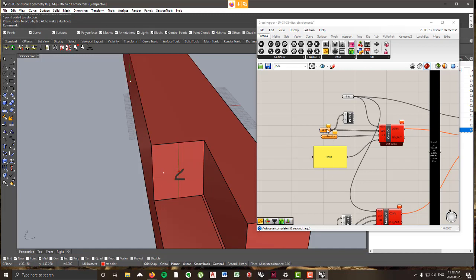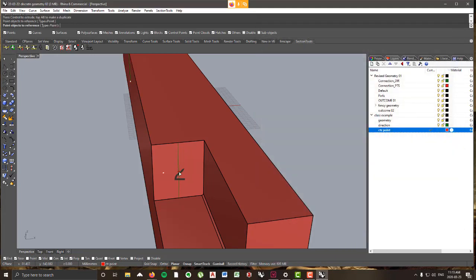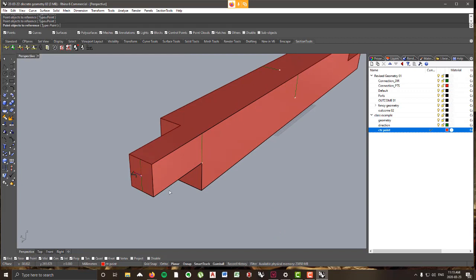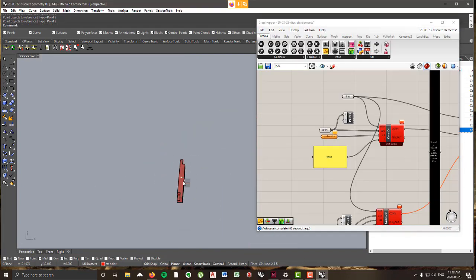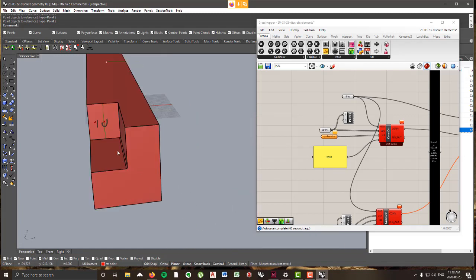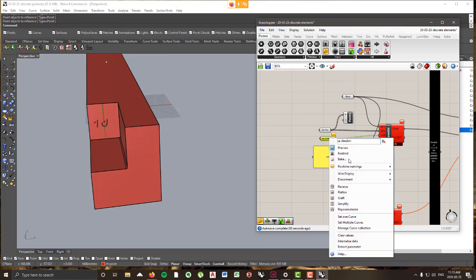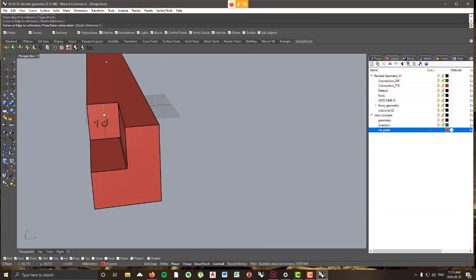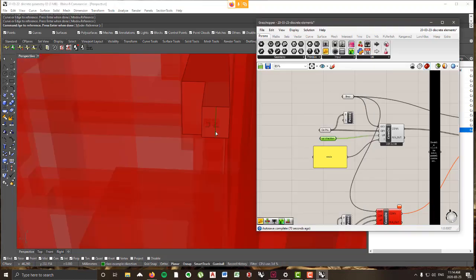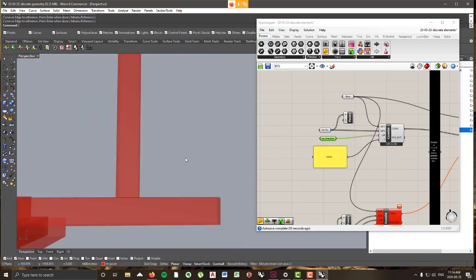So let's right click on our center points input, go set multiple points, select 1, 2, 3, 4, hit enter. So 0, 1, 2, 3 on that side. Let's go select multiple up directions. So I'll right click this, go set multiple curves, 1, 2, 3, 4, hit enter. You can see that it's automatically